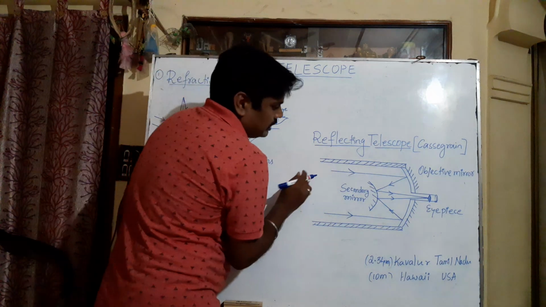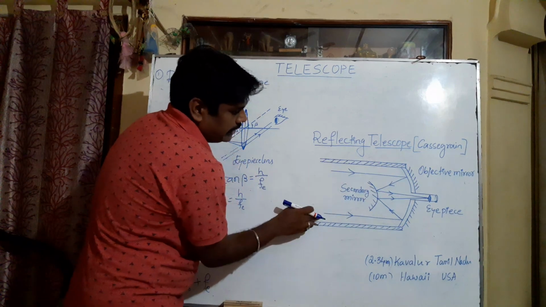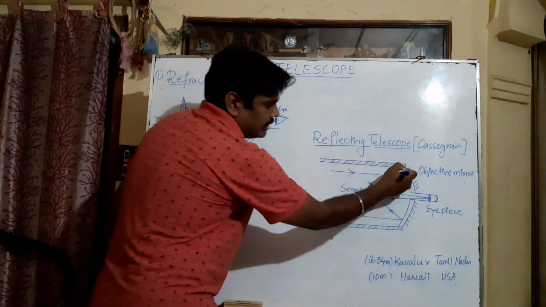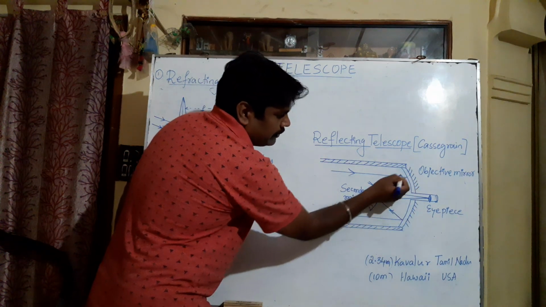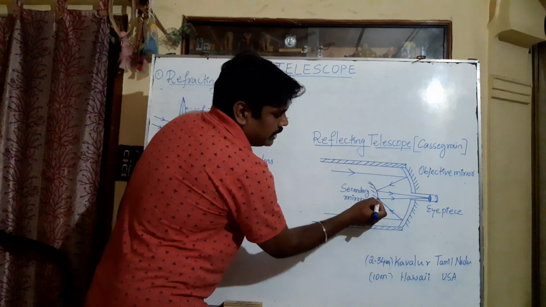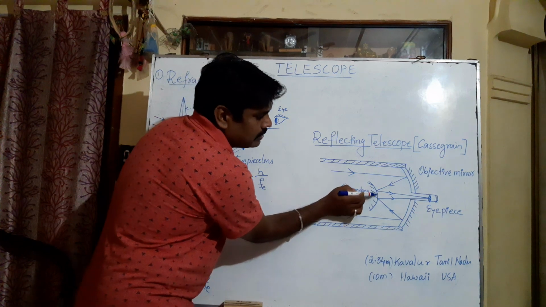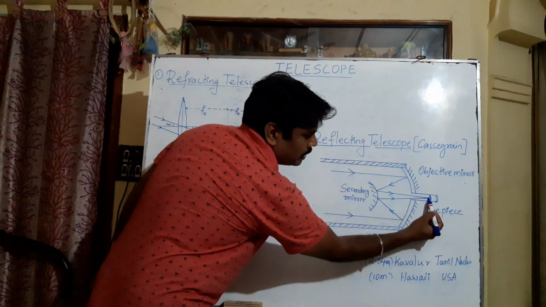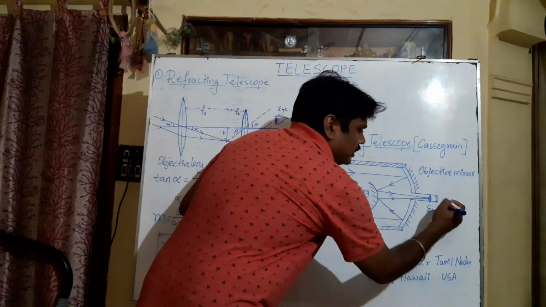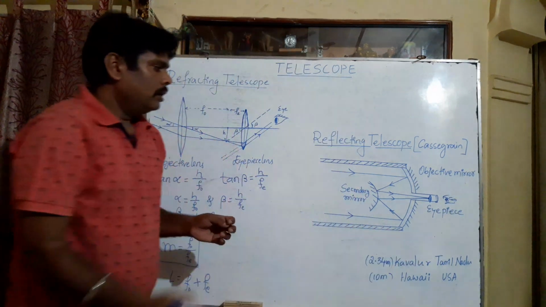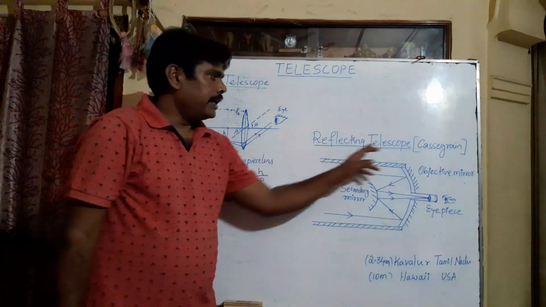See, when light enters through this telescope, this is a parallel beam of light coming from a far distance. It is incident on the reflecting surface. This is a mirror and it will reflect it, obeying the laws of reflection, and it is incident on the secondary mirror. Again, it is convex and it converges, and this convergent image is formed or focused at the eyepiece. And the far distance object should be close to this, and it acts like a refracting telescope.